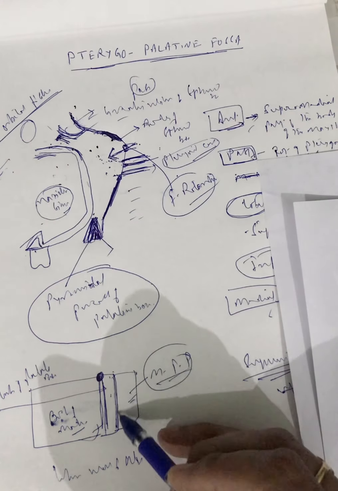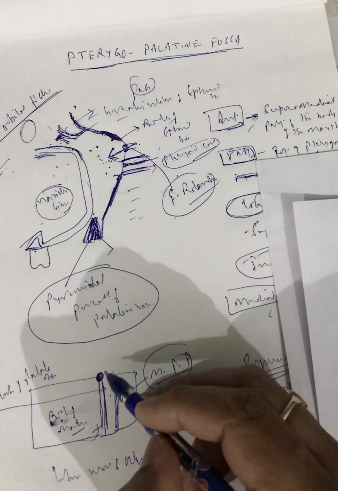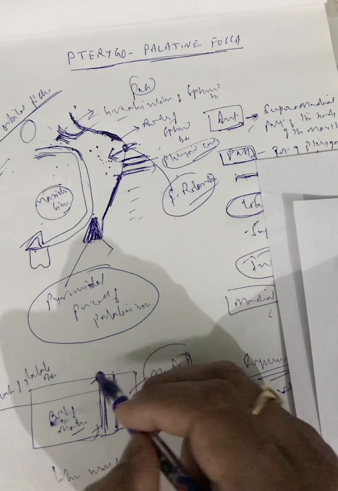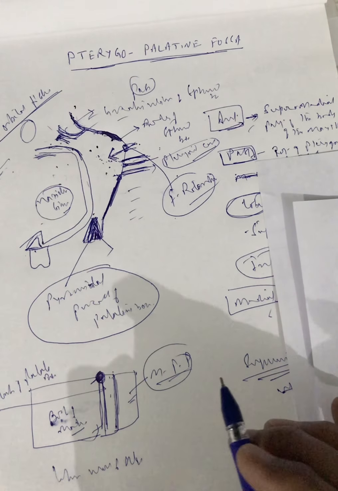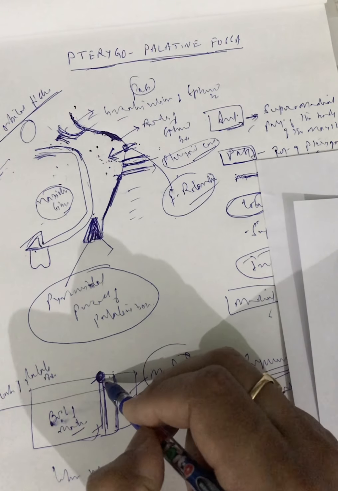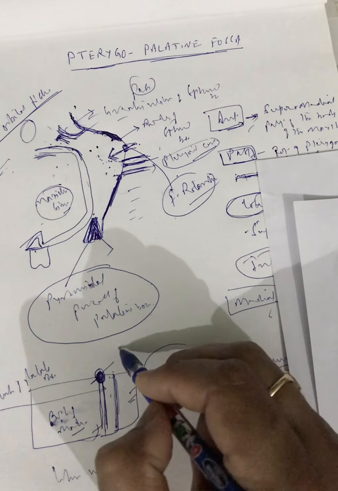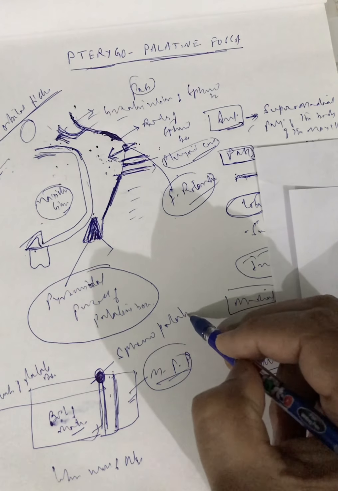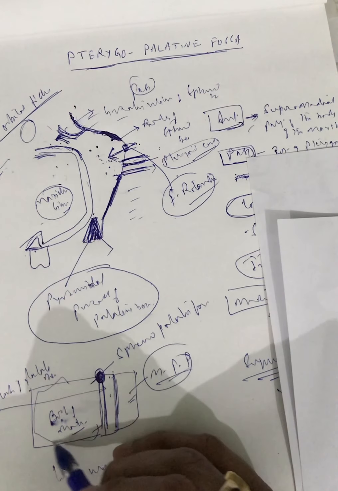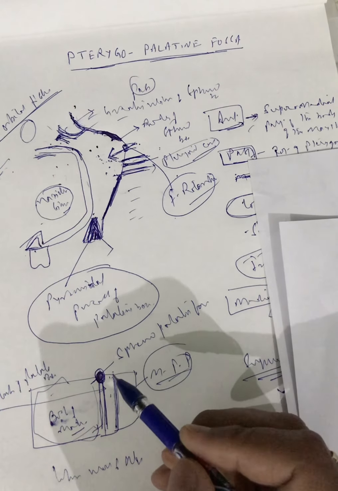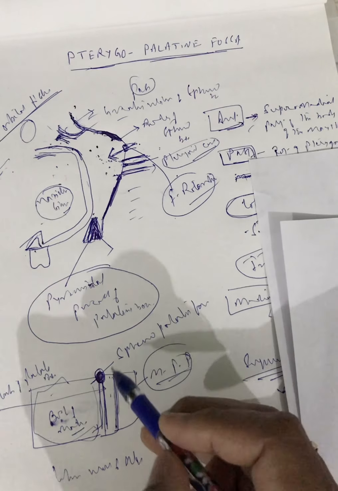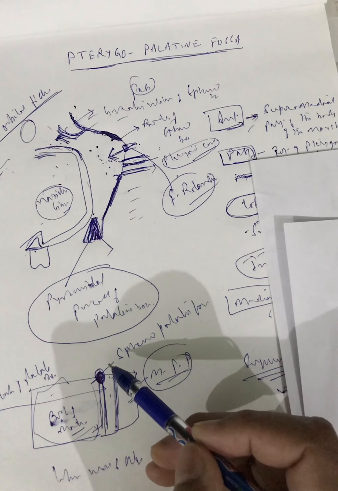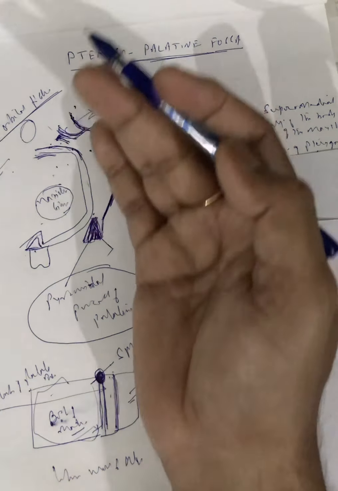Now we are left with the medial relation. Medially, here we have a foramen, which is known as the sphenopalatine foramen, since this is the sphenoid bone and this is the palatine bone. This is the lateral wall of the nose. We have discussed the sphenopalatine artery, which is the artery of epistaxis. Through this foramen, along with the sphenopalatine artery, the pterygopalatine fossa communicates medially with the nose.